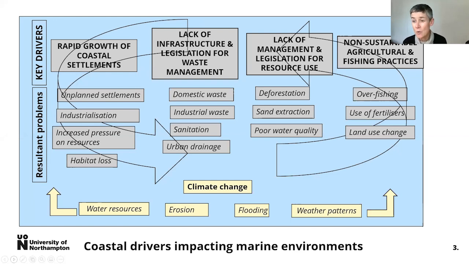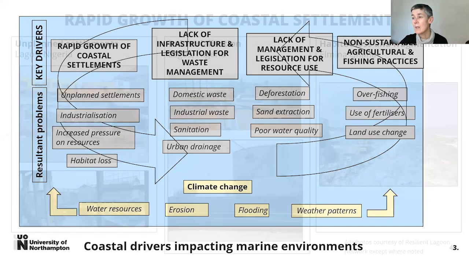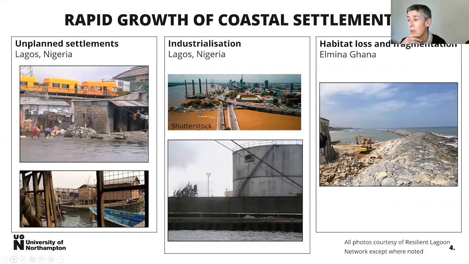So what I'm going to do is take each of these four drivers and drill down a little bit with some examples from the region, just to give you a sense of what this means in practice, what's going on at the coast that's influencing the marine environment. So, rapid growth of coastal settlements. I've got a few